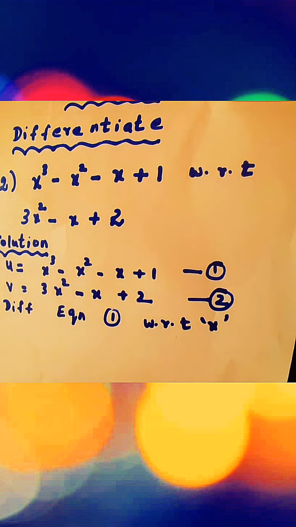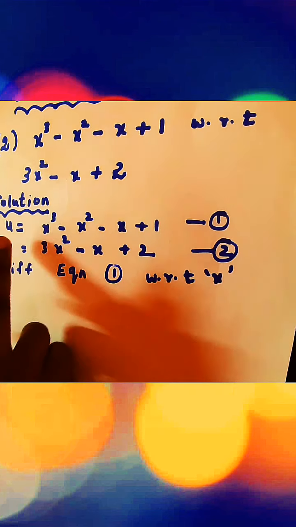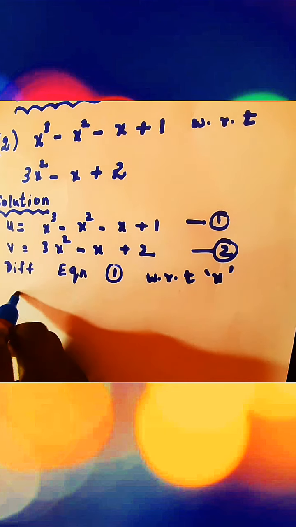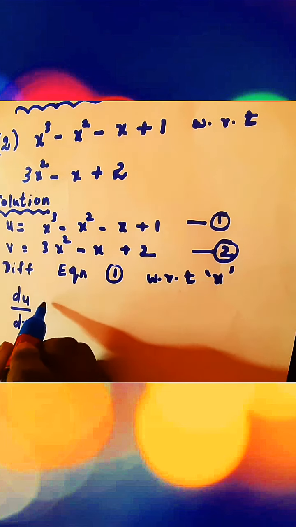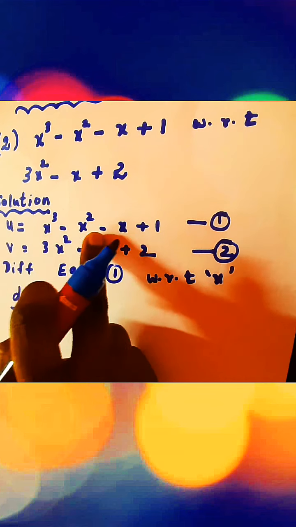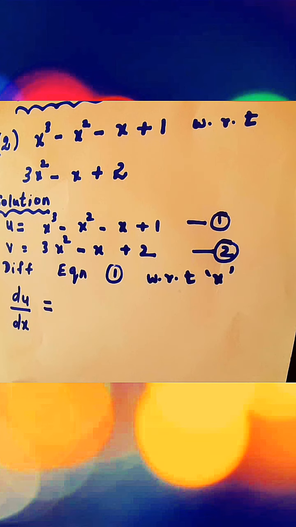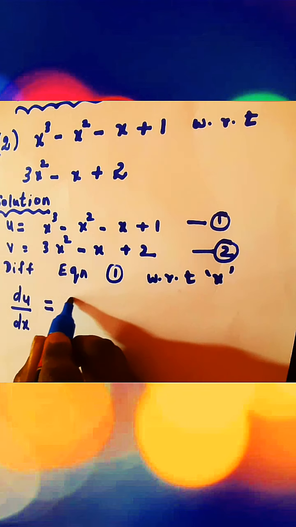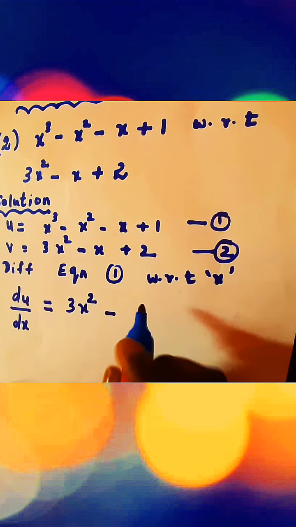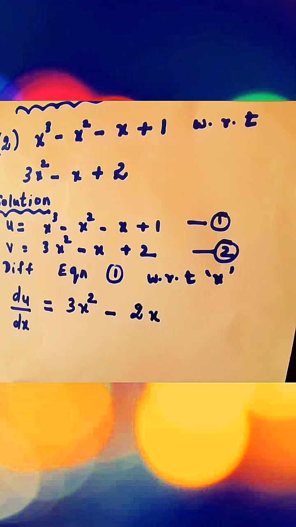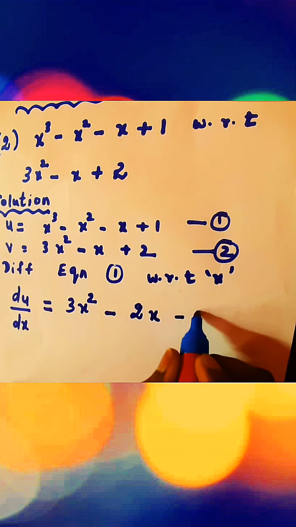Okay students, here we go. What is differentiation of u with respect to x? du by dx, right? Which is equal to, so here you have minus, minus, plus. We have to apply the sum rule in differentiation. We have to differentiate each and every term. What is differentiation of x cube? By now you would have known. It is 3x square, applying the power rule, minus differentiation of x square is 2x. Differentiation of x will give you 1.